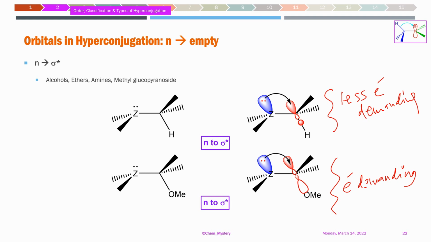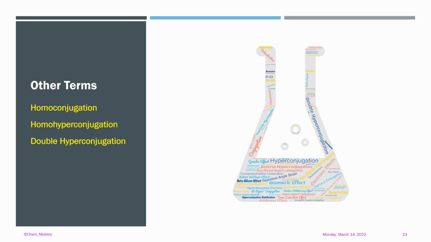Now, if we are considering a carbon-carbon pi bond and there is another empty orbital and there is a methylene group in between, that CH2 group we call a methylene group, then the conjugation across those two bonds